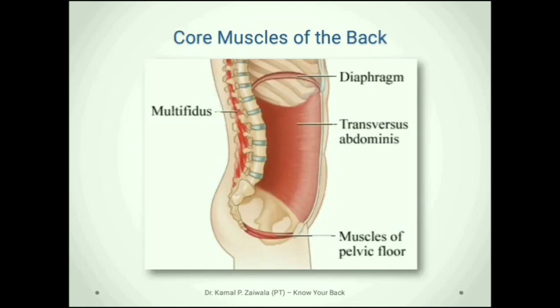Now, as we know that the lumbar vertebrae are a stack of coins, the dynamic as well as the static stability of the spine is provided by the structure of the vertebrae and the ligaments and the muscles surrounding the lumbar spine. They play a very major role in the static as well as the dynamic stability of the lower back. Now, talking about the muscles surrounding the lumbar spine, there are two types of muscles surrounding the lumbar spine.